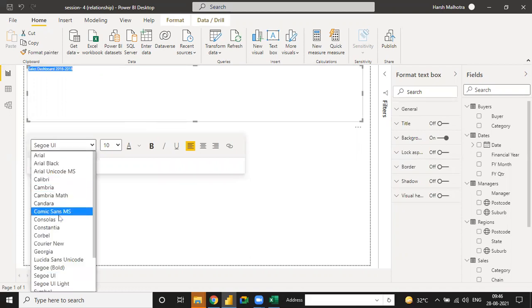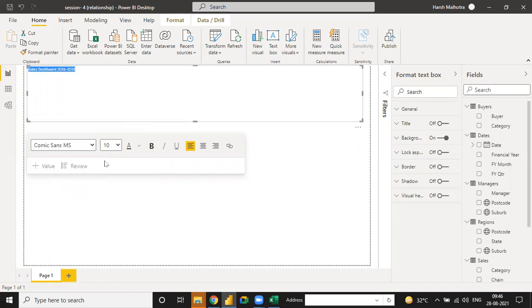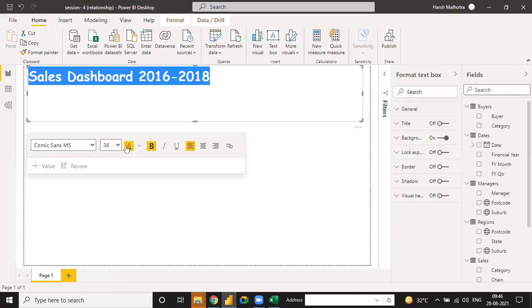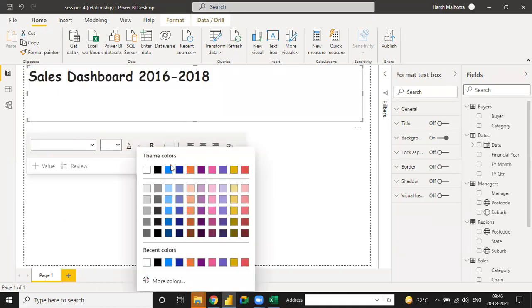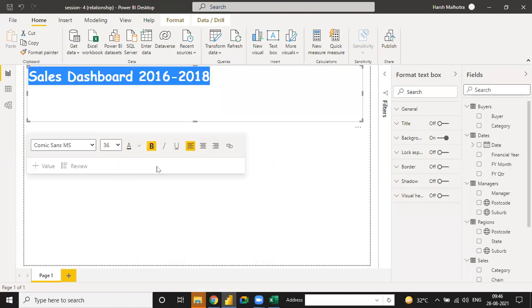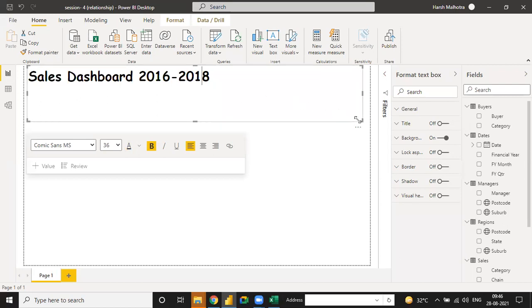Control and change the font from here, as well as the size, bold, and color. You can change it from here if you need to change any color. See, black is okay.